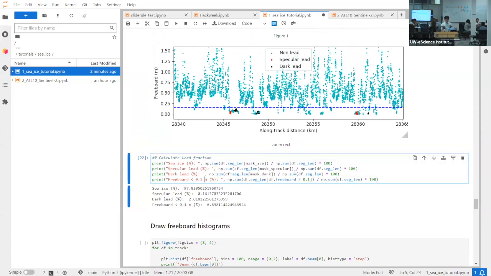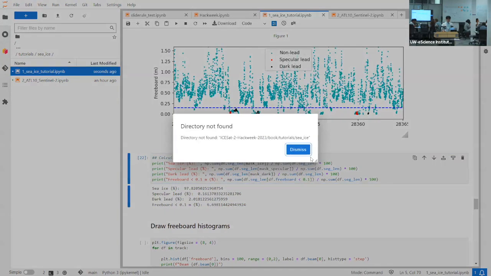For example, here I define 0.1 meter as the threshold. If we consider freeboard less than 0.1 as a lead, then you can see about 6.7% of this track is lead. But as you see here,